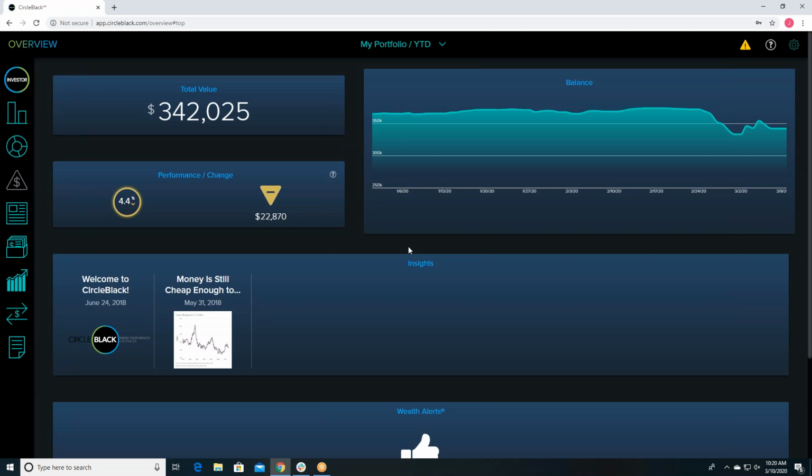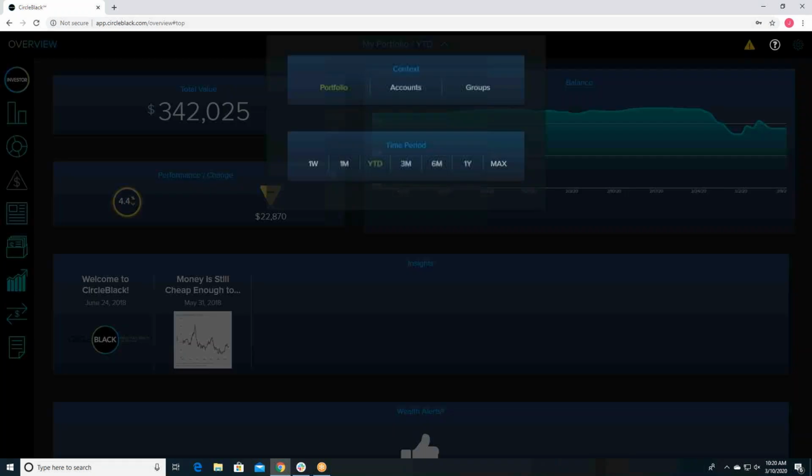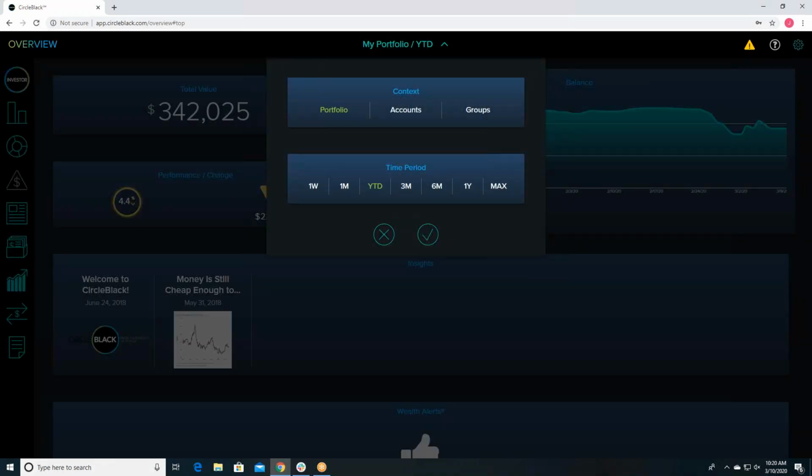You'll notice at almost every screen that you're at that relates to these side icons here, you'll be able to look up here on this top portion. It says my portfolio / year to date. If we go ahead and click on this, this is going to bring up another screen where you'll be able to change the context, and you'll also be able to change the time period in which you're looking at the data. So if you didn't want to look at the whole portfolio, maybe you just wanted to look at an